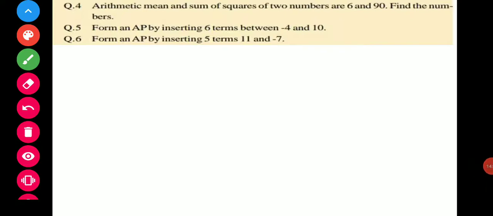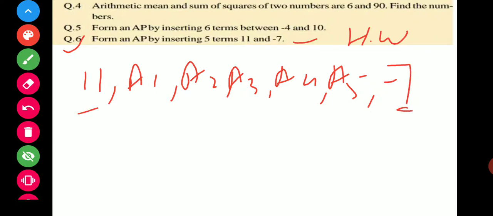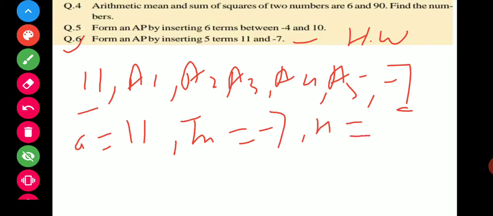Now come to the sixth question. This sixth question is for your homework. You can do it at home. How can you do this? Here is 11 and -7. So insert 5 terms. So it is a1, a2, a3, a4, a5, and then -7. So it is your first term and it is your last term, and that is the sixth term. So you can take a as 11 and Tn as -7, and n is equal to